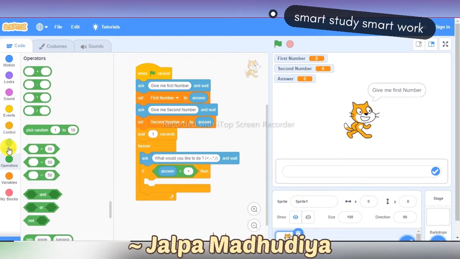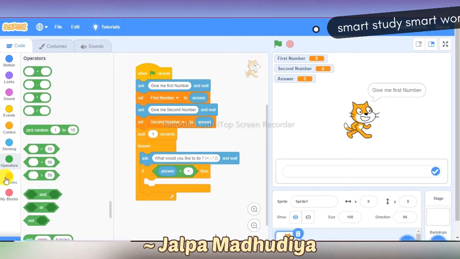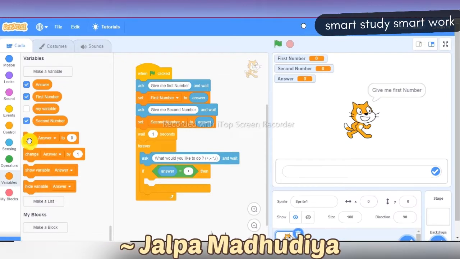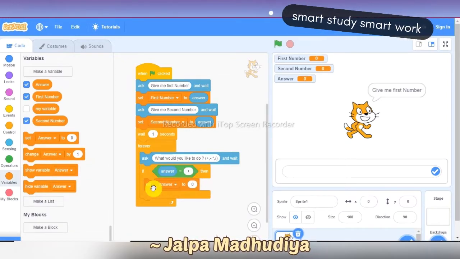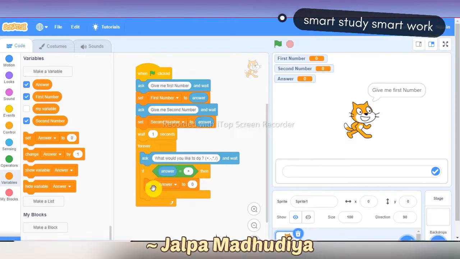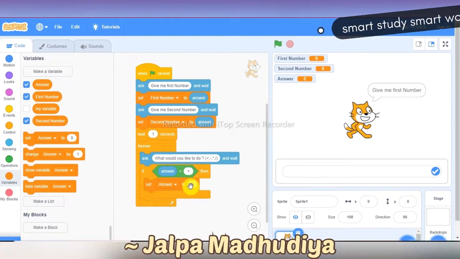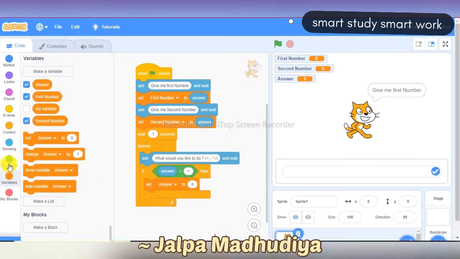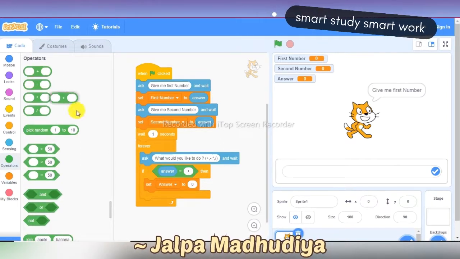Now we set answer to first number plus second number. So click on the variable block and take the set block. Here, set answer to first number plus second number, but before that we have to use the plus operator. So click on the operators and take the plus operator.